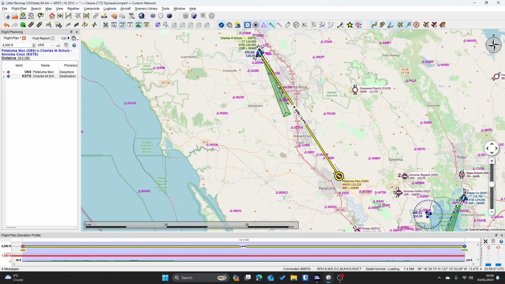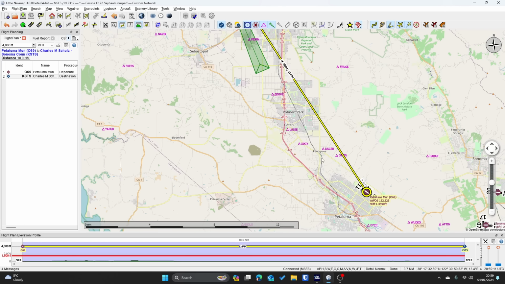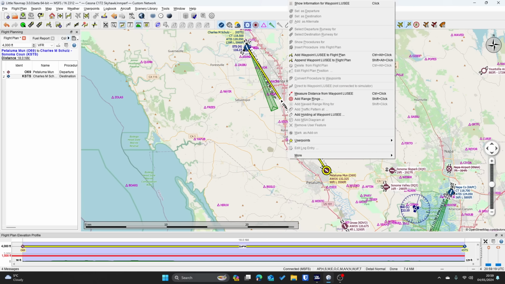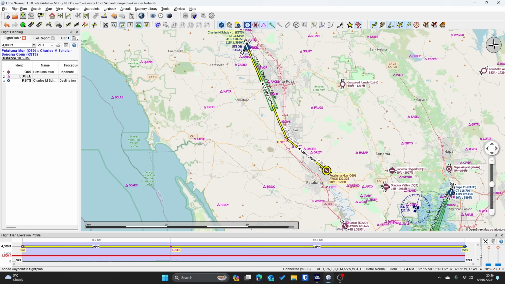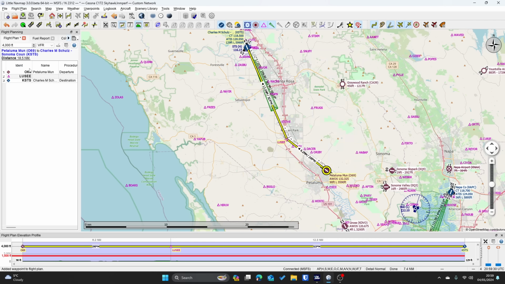So that's rubber banded a basic route across the map. So what we would like to do is to get ourselves in line with the ILS before we even get there to keep things simple. So if I right click on Lussie, I can add that waypoint to our flight plan, and it goes now from Petaluma via Lussie over to Charles M. Schulz. Okay, so and you can see that built up on the list over here, 069 to Lussie and then